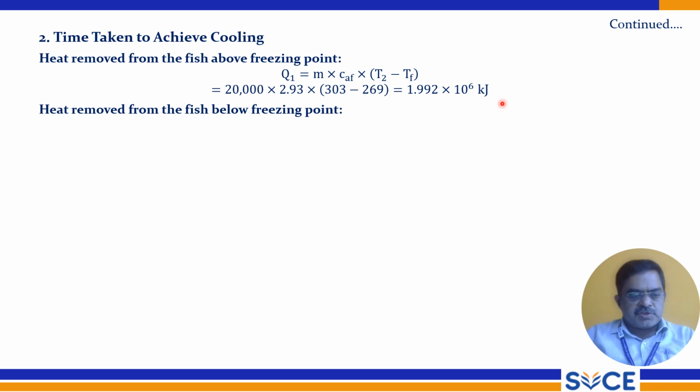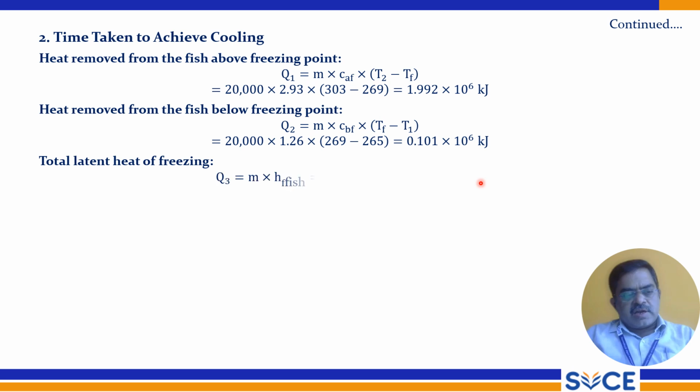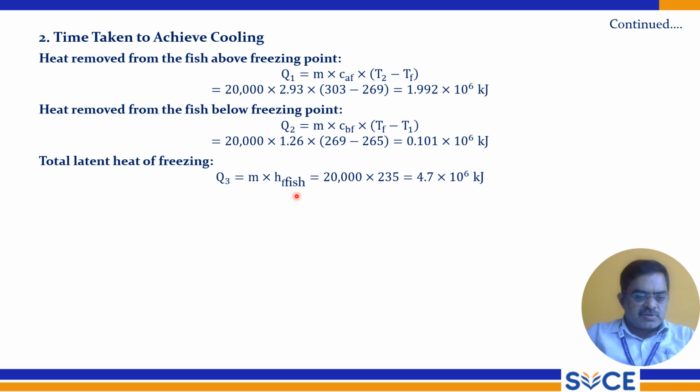Heat removed from the fish below freezing point: Q2 equal to M into CPF into TF minus T1. So that is 20,000 into 1.26 into 269 minus 265, equal to 0.101 into 10 to the power of 6 kilojoules. We have to find the total latent heat of freezing as well. Mass we know, and HF of fish we know, so that is equal to 4.7 into 10 to the